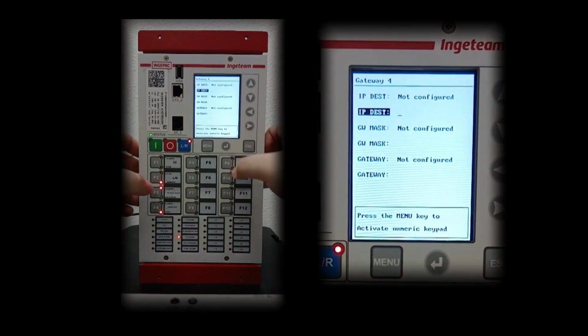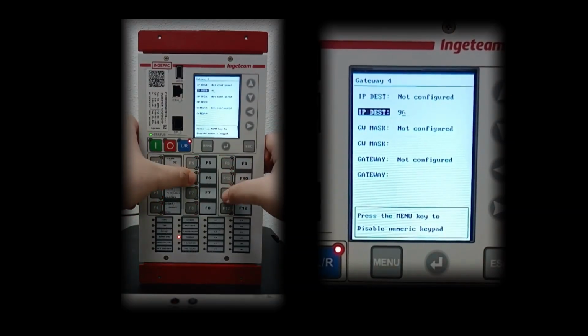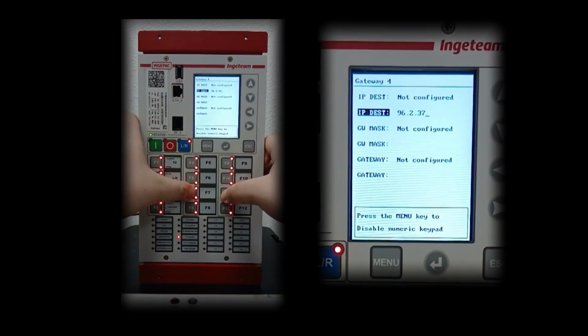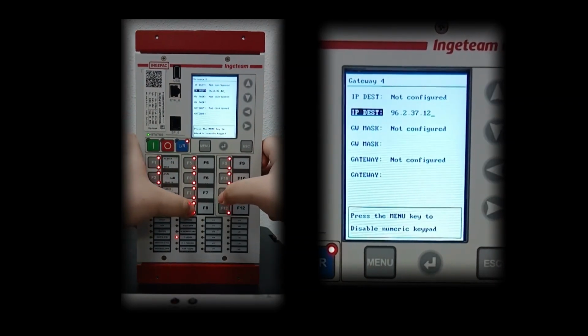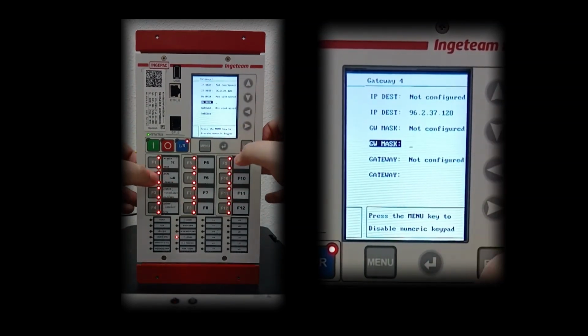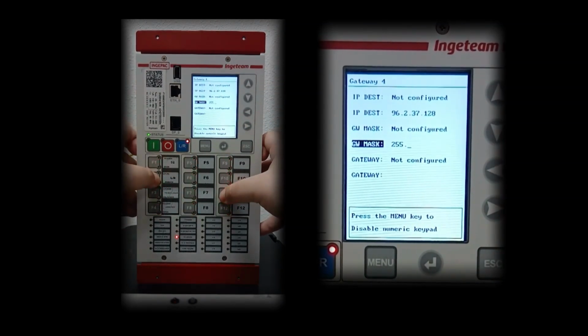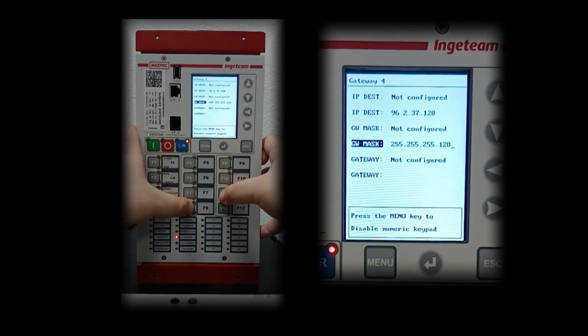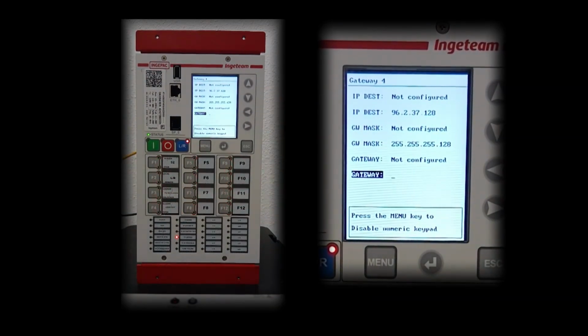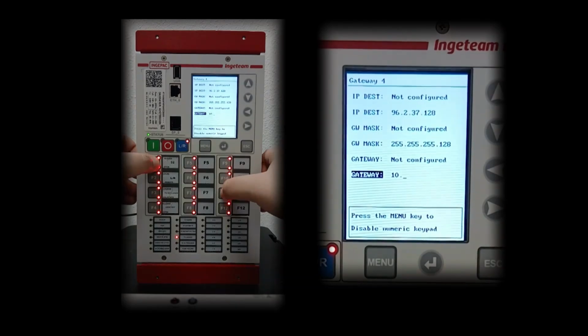Furthermore, we may also configure the gateway so that the destination IPs comprise only a portion of the entire IP address range. We will configure Gateway 4 so that only half of the IP addresses in the 92.2.37.128/25 subnetwork are accessible. In this configuration, all IP addresses from the 128 onwards will be available through the gateway. The IP address of the gateway will be set at